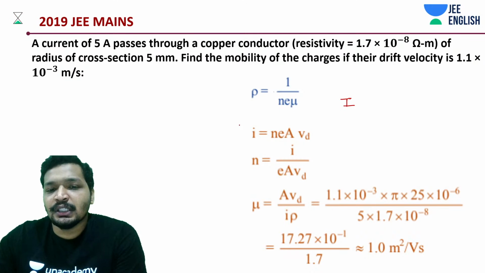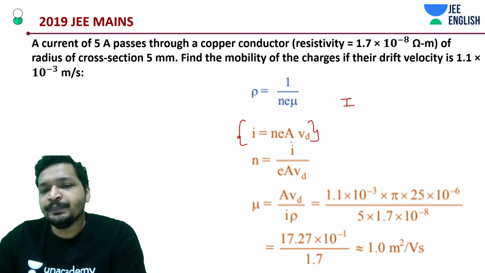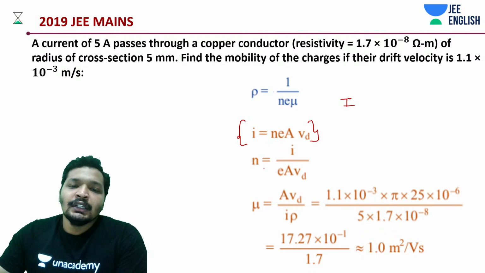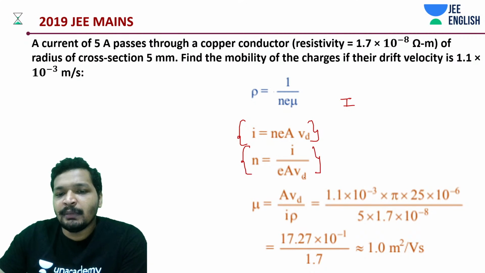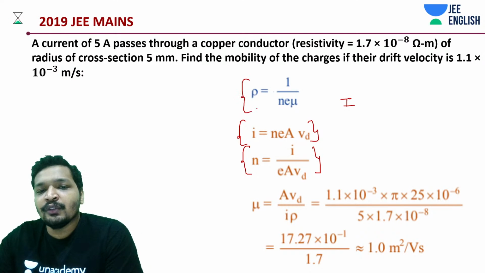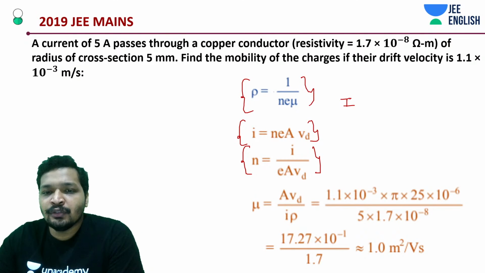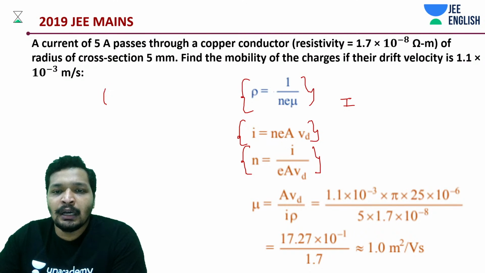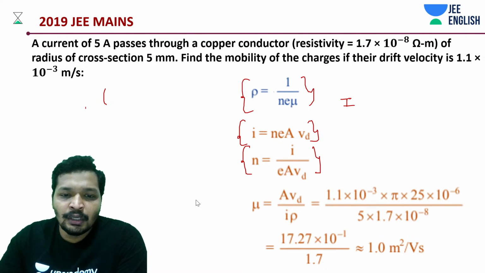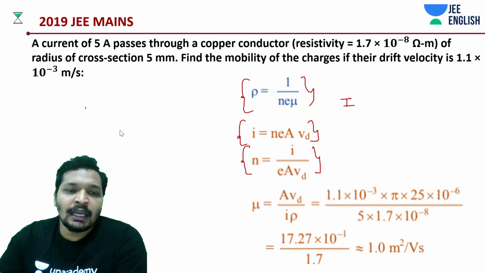Okay, we know this equation. I is equal to NEAVD, J is equal to NEVD, and we can find out N from here. It's basically I divided by E into A into VD, and we know the value of N now. So substitute that, and you'll be getting some mobility is equal to something like